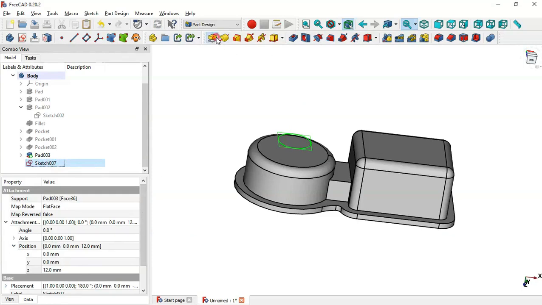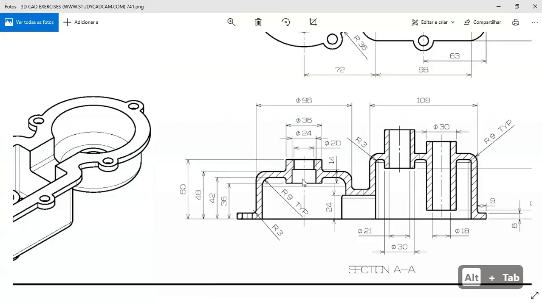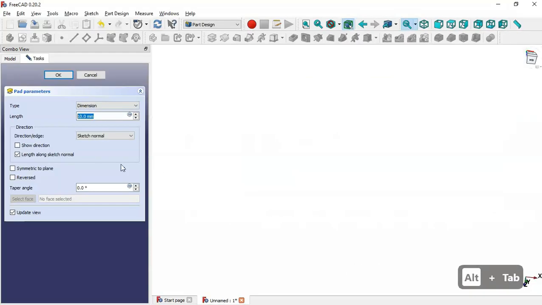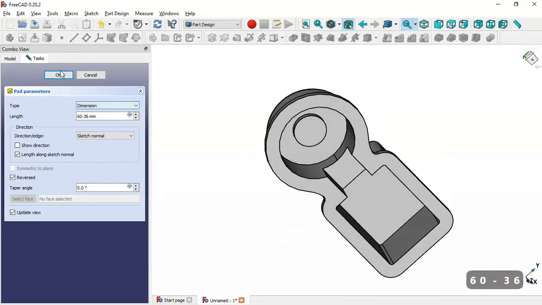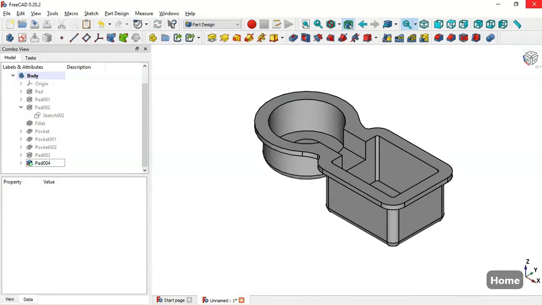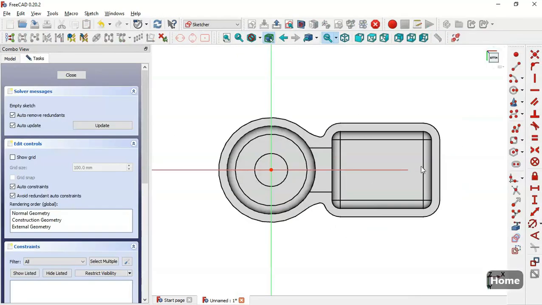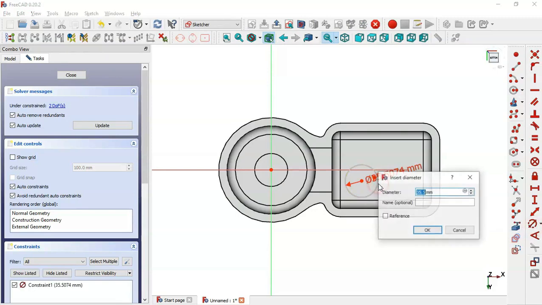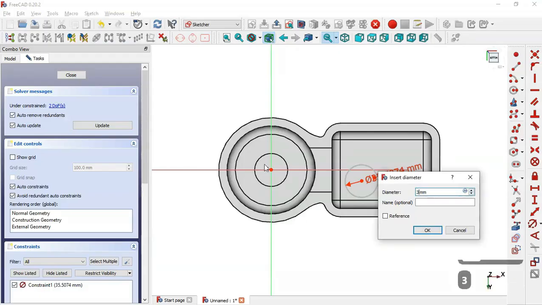So next we go to the path tool and we set a length of, the length here will set formula 60 minus 36. Okay, and set reversed, and now we can see this path operation, and now set OK. And next here we select this face and we create a new sketch in this face and we draw a cycle, and the diameter of this cycle here will set, okay, here we have this dimension here, so we constrain this